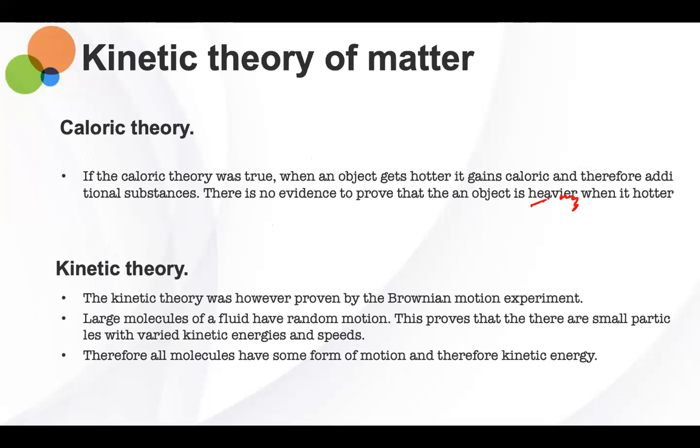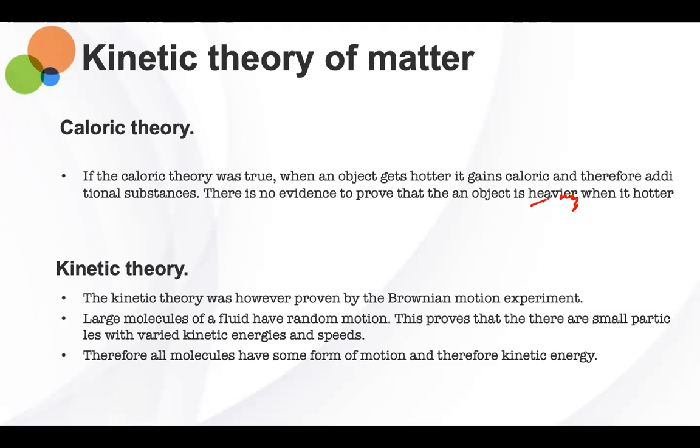So then we can see from the kinetic energy, it was proven by the Brownian motion experiment. Let's talk a little bit about that Brownian motion experiment. Have you ever heard of it before, from chemistry? No, sir, I've never heard of that. All right, so we'll have to create another slide about Brownian motion. I don't believe it's required for CSEC physics, but essentially what happened was